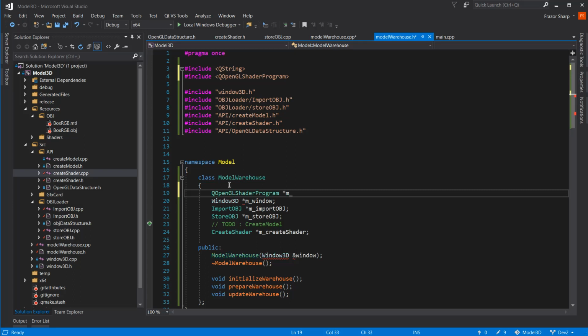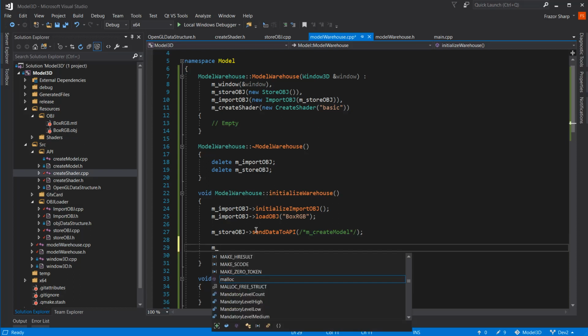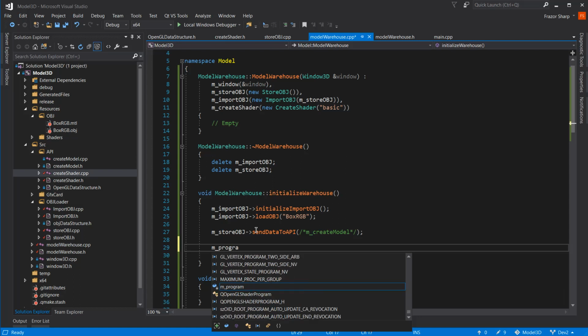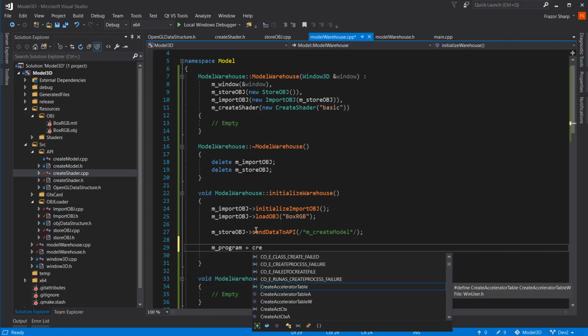Star m underscore program. Excellent. So that's that part here. We would use m underscore program equals create